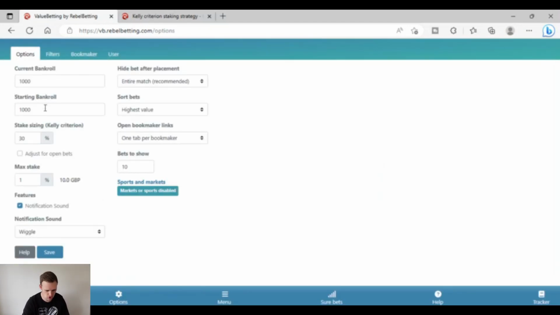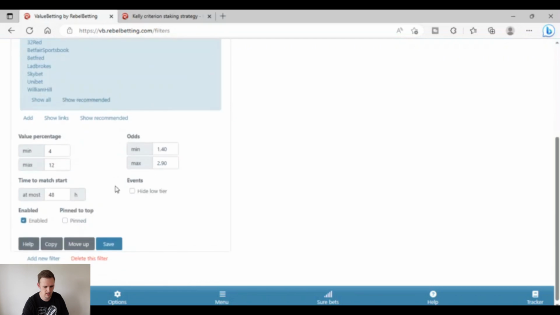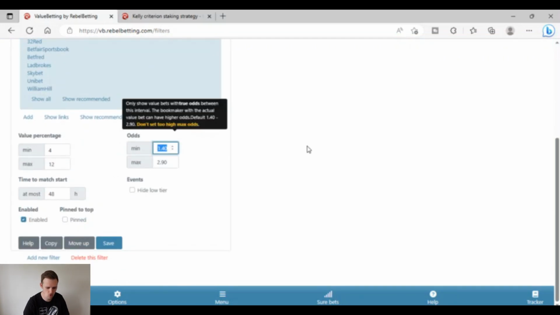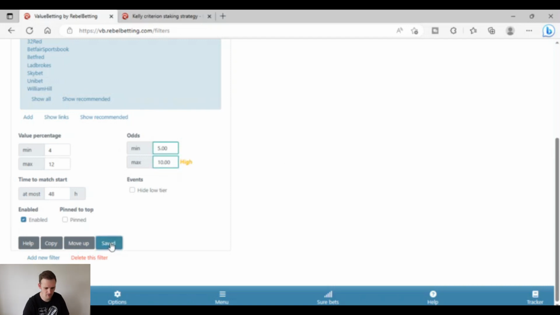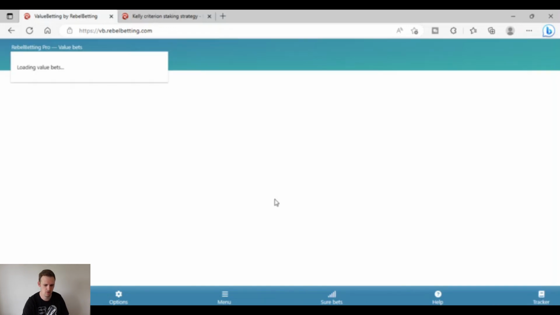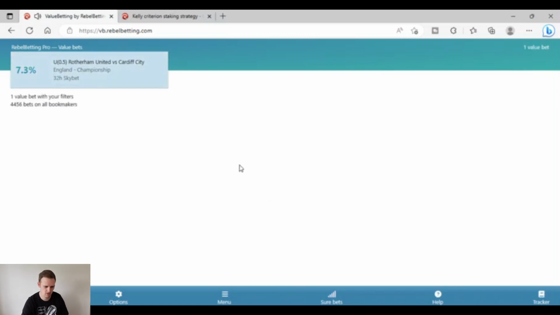Now, if I go ahead and change the filter settings here to not show as such low back odds. Now, the software doesn't recommend that you do this, but this is just an example of how the Kelly criterion is going to adjust the bet size to decrease your potential downswings. So I've set very high odds here, and as I say, this is not recommended you do this, but just to give an example here,